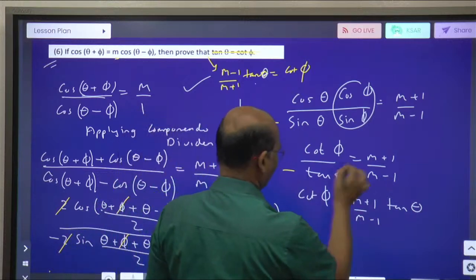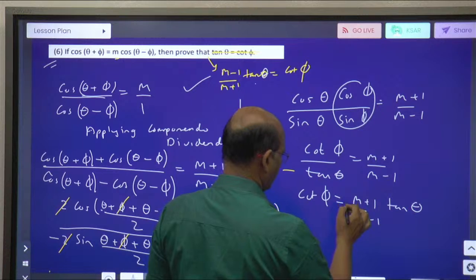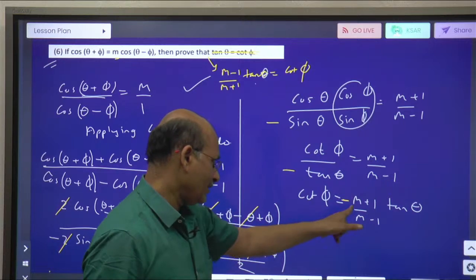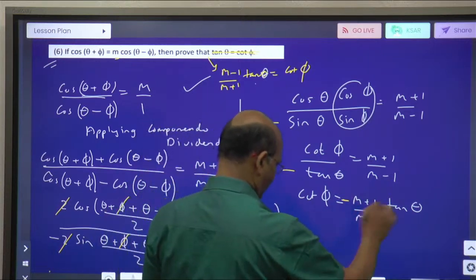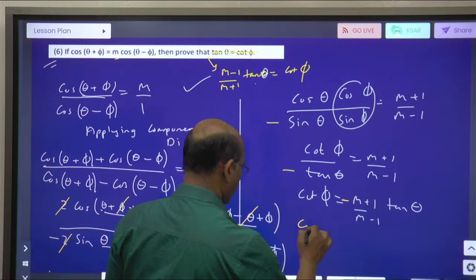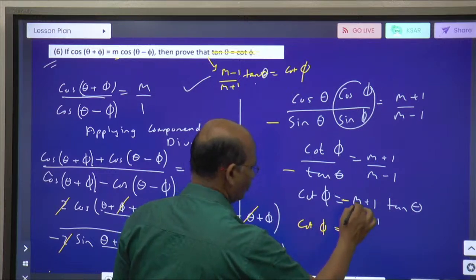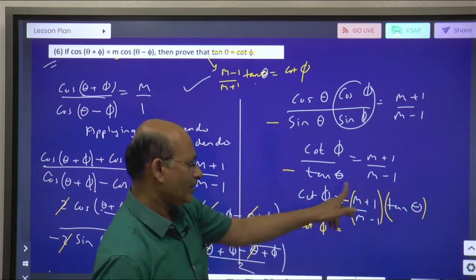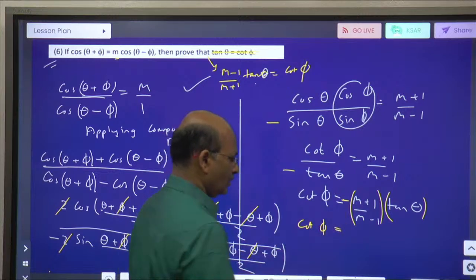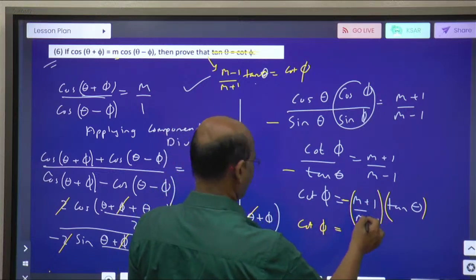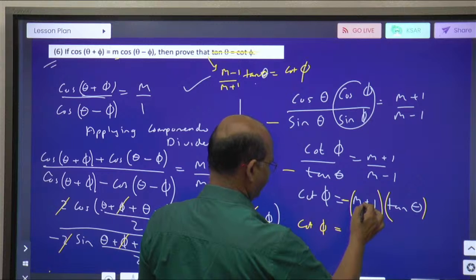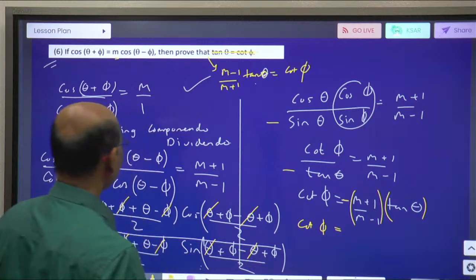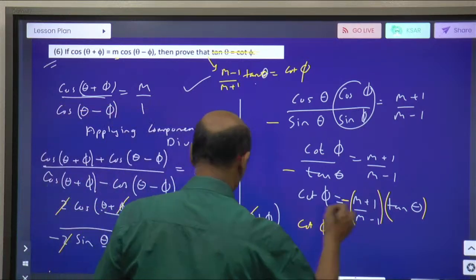Now, if I take the minus sign this side, this will become like this. And when I apply the minus sign to this, minus goes this side. So I can write cot psi equal to this into this thing. So reverse it out, 1 minus 1, or m minus 1, so minus m minus 1. You can just reverse this carefully and then do it. Cos theta will be